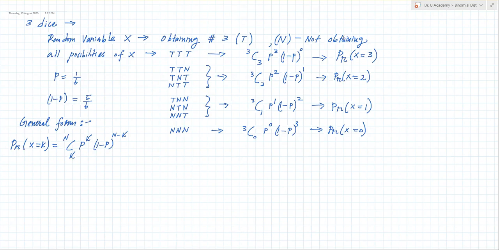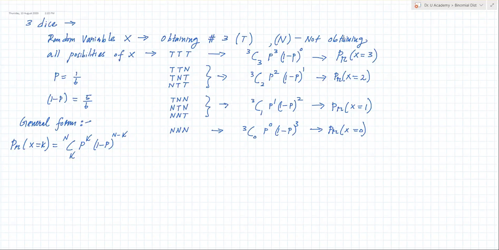Now, I think you remember this question. There are three dice. You are going to roll them, and then we are looking at side 3. Like in a die there are 6 sides, so 1 2 3 4 5 6, like that. So then we are specifically looking at number 3, right?